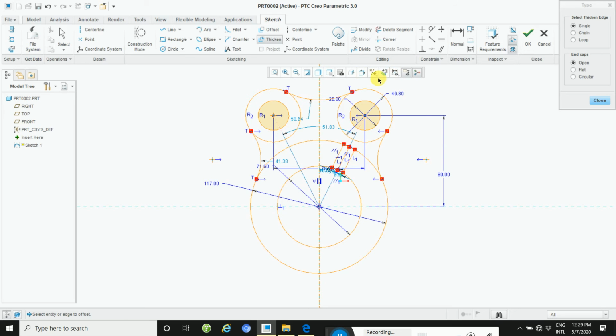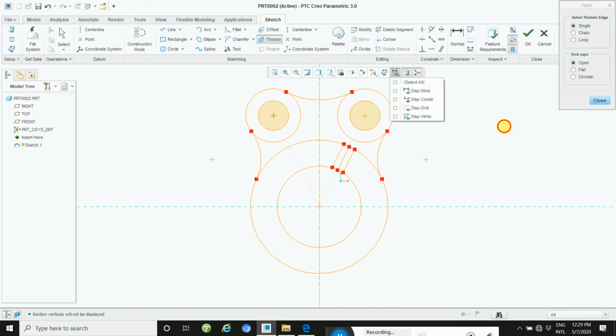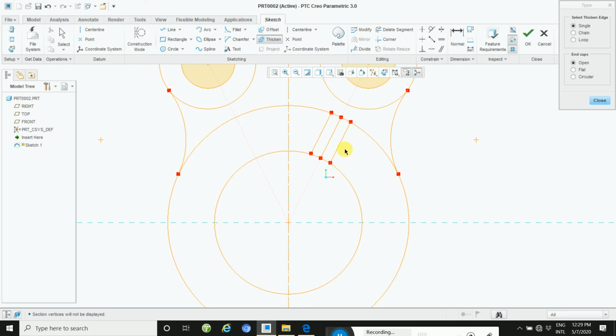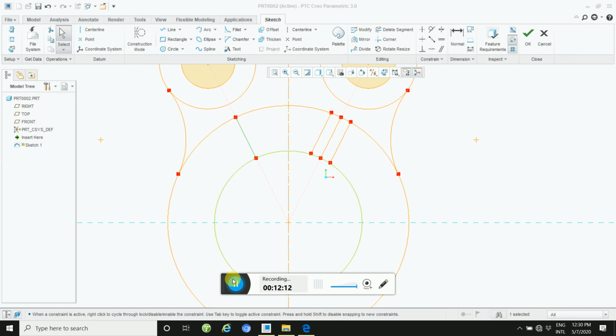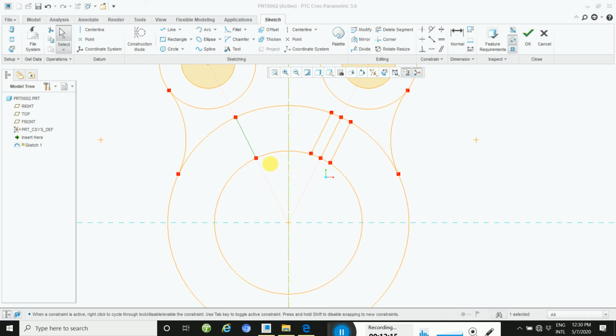Hide this, if you hide all the dimensions, your diagram is clearly visible. Then apply mirror. Select this line, draw another line here, here, and take a thickness.